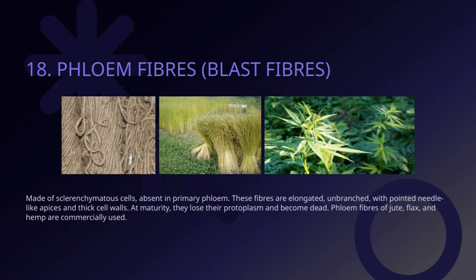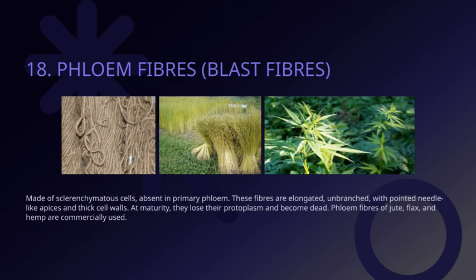These fibers are made up of sclerenchymatous cells, which are known for their thick, lignified walls. Interestingly, they are absent in the primary phloem, meaning they develop later in the plant's growth. These fibers are elongated and unbranched, with pointed, needle-like tips that help them provide strength and support. At maturity, they lose their protoplasm and become dead, which is typical for sclerenchymatous fibers, as this dead tissue provides